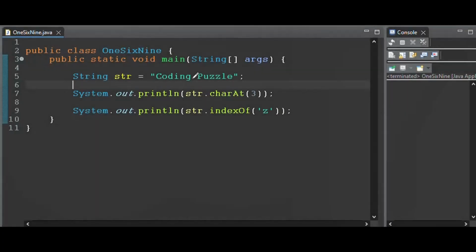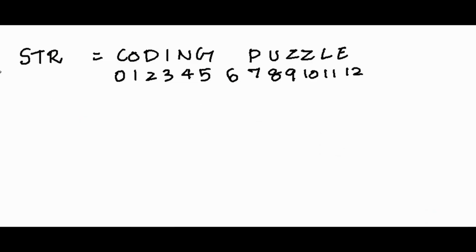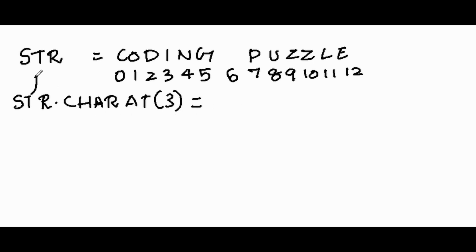Let us go to the next line. If you see, the next line is str.charAt of 3 and then we are printing it using System.out.println. Let me decode this: str.charAt(3). Here what is happening is str is the string, and then charAt is the method and then 3 is the parameter. The meaning of this particular charAt of 3 is character